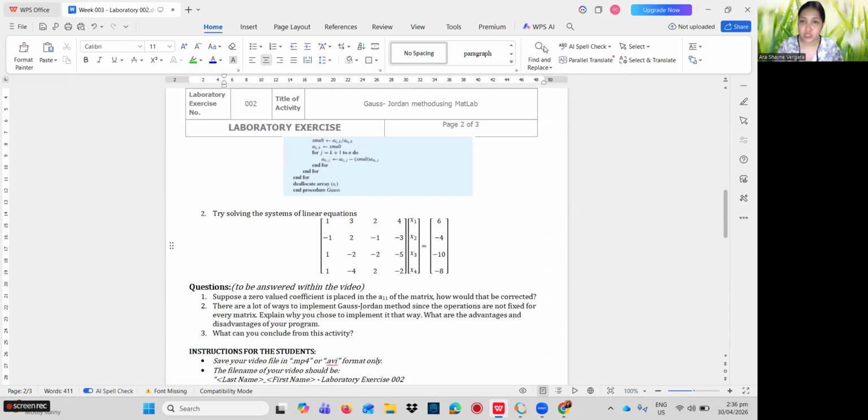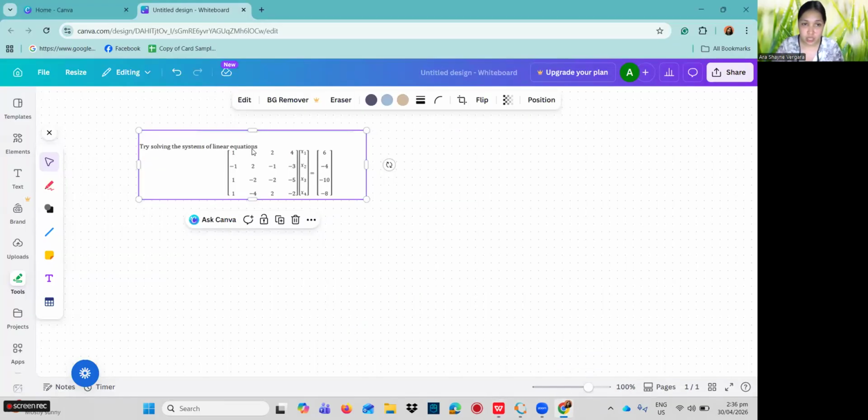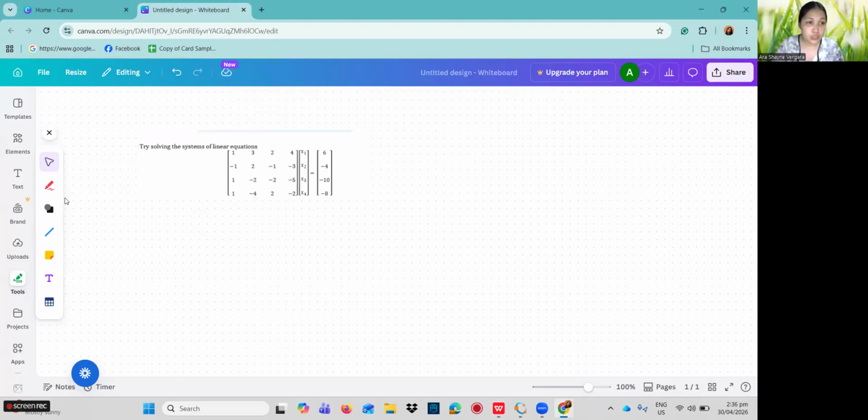So now let's proceed with the whiteboard first. This is our problem. Our goal is to make this all one and make all of this, sorry, let's use another color, all of this and this, the value of 0.